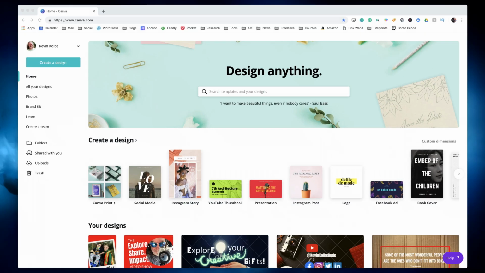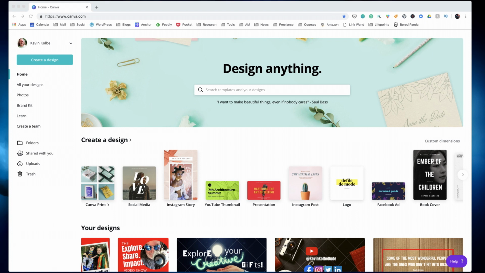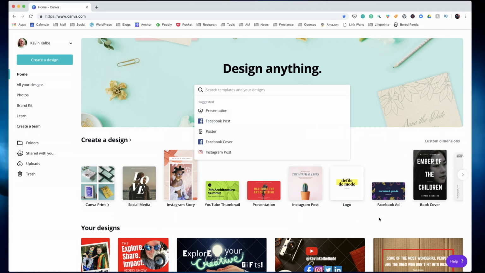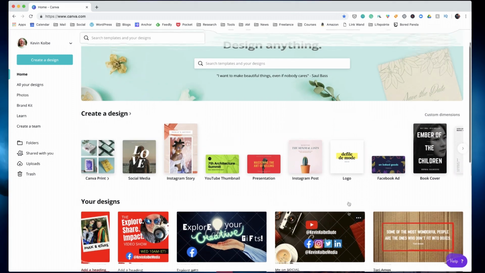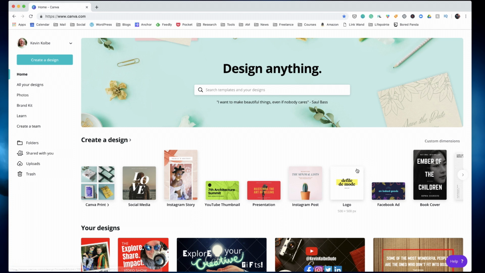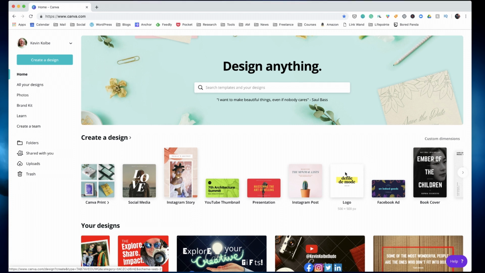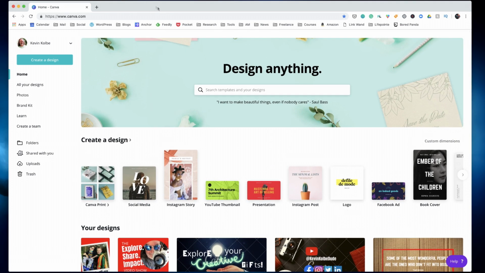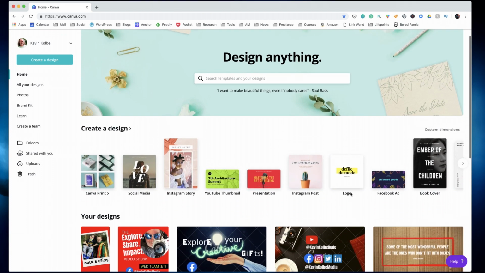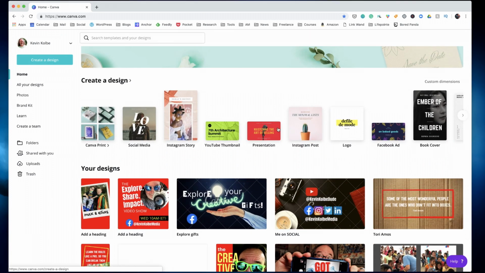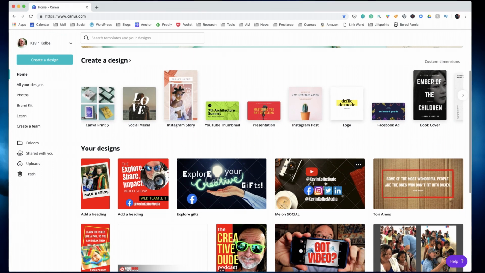Now, oops, did not mean to do that. So I need to get to this. Here we go. All right, there we are. And let me know if you cannot see this, but you should be seeing full screen on the Canva. Again, this is my account. You can see my little head up there. Well, it's not my head, but you get it. So when you go there, you can create a design, and we're actually going to do one together. But the logo I just showed you is right here.